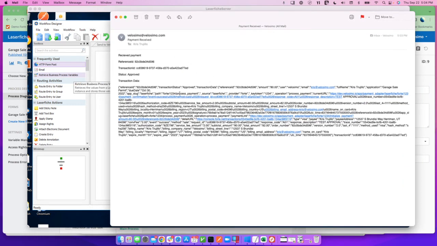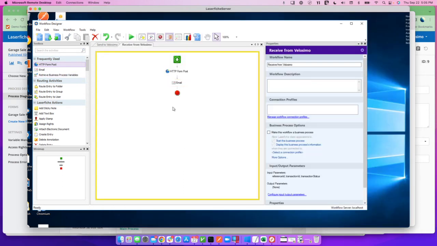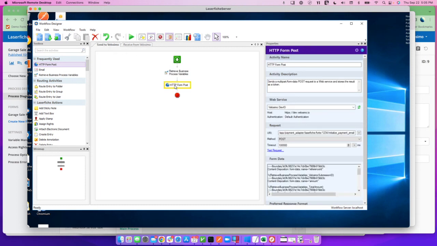This information here is all of the information from Forte. It allows you to leverage this information in your Laserfiche workflow. Things like the service fee amount are sent back. All of the other information that was sent back from Forte is available to you to use in your Laserfiche workflow. At the same time, to send a payment from a Laserfiche workflow, there's a very simple API that you're